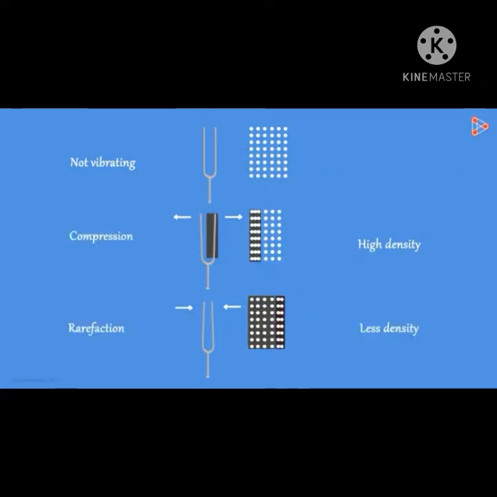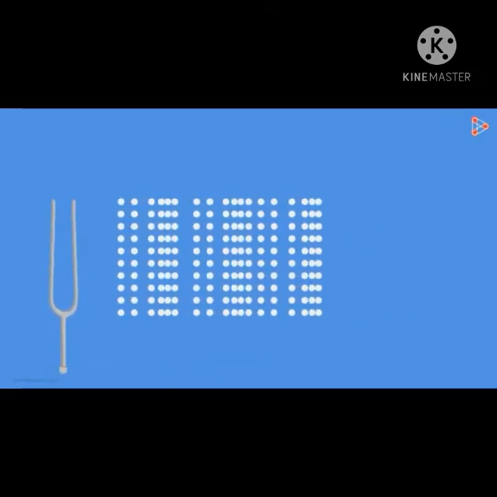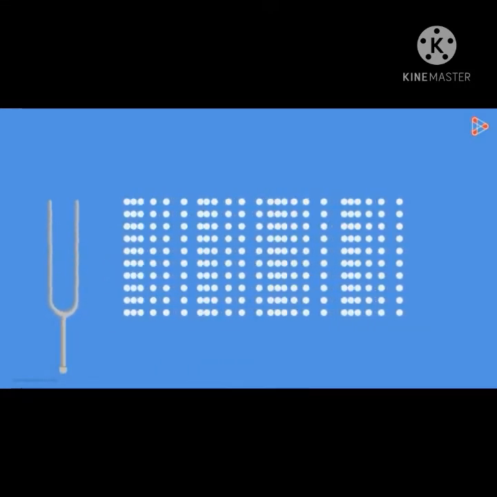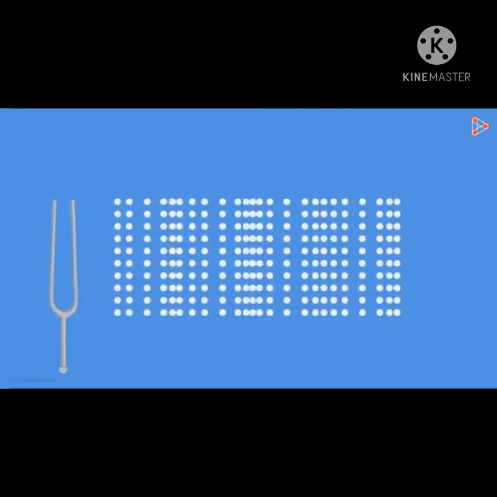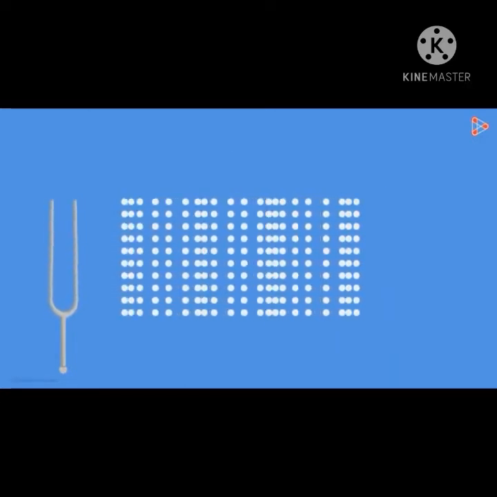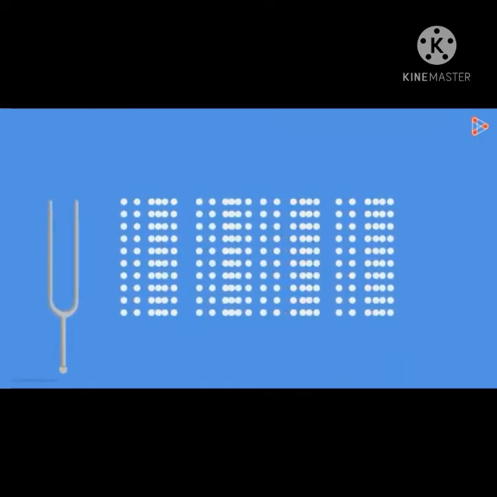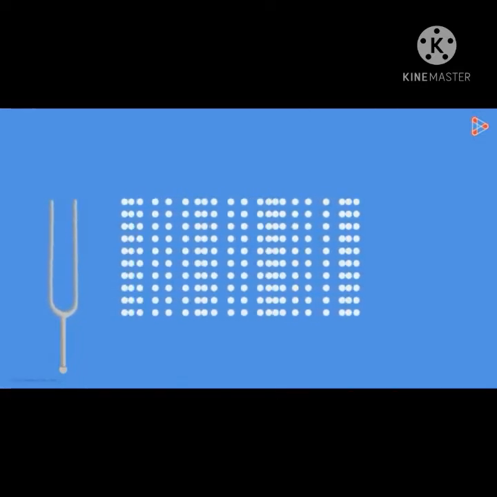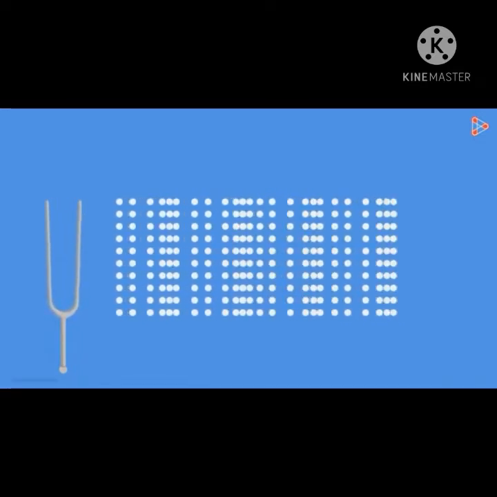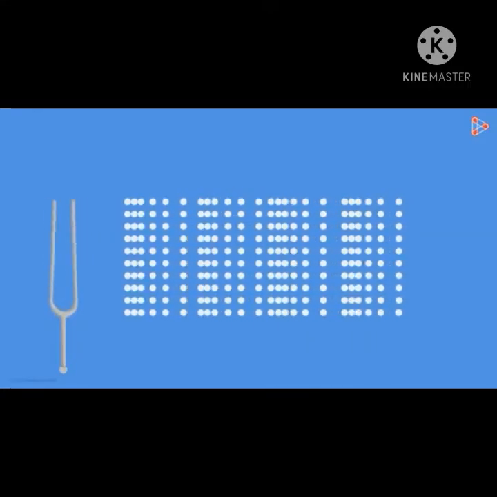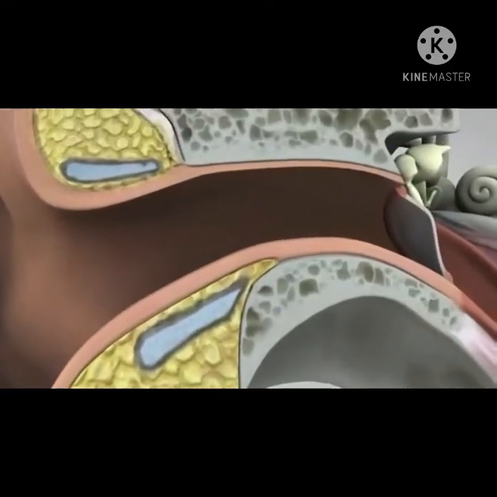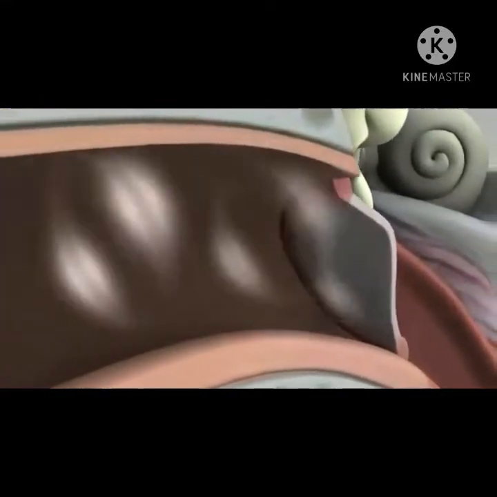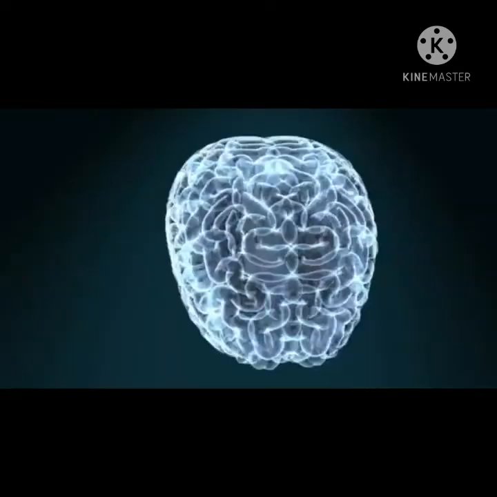However, the air molecules which were in compressed state earlier transfer their energy to the air molecules in the next region. So the air in that region goes to compressed state. Such a periodic motion of the prongs creates compression and rarefaction in the air, and these are propagated away from the prongs. These are nothing but the sound waves. When these sound waves reach our ear, the eardrum vibrates. Accordingly, specific signals reach the brain and we get a sense of hearing a sound.